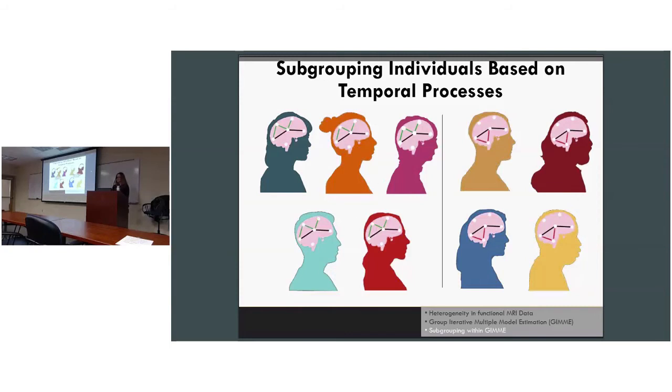Just really quickly, this is the type of thing that we're looking for. My driving purpose is to identify subgroups within heterogeneous samples like ASD, or subgroups that we think we have already grouped. So if we think we have typically developing controls and ASD, but the ASD might actually have a lot of heterogeneity, how do we make sense of all of that heterogeneity?